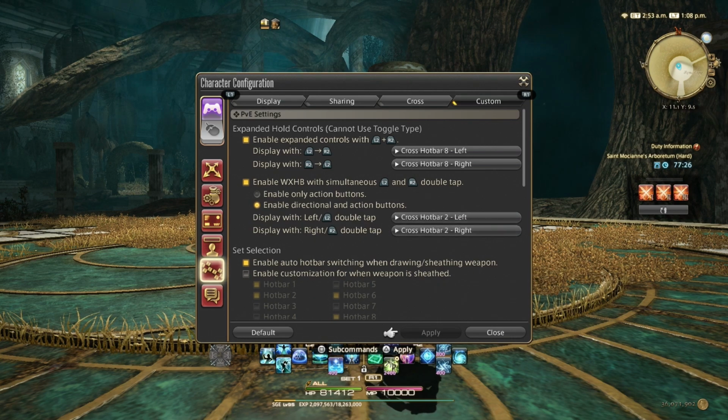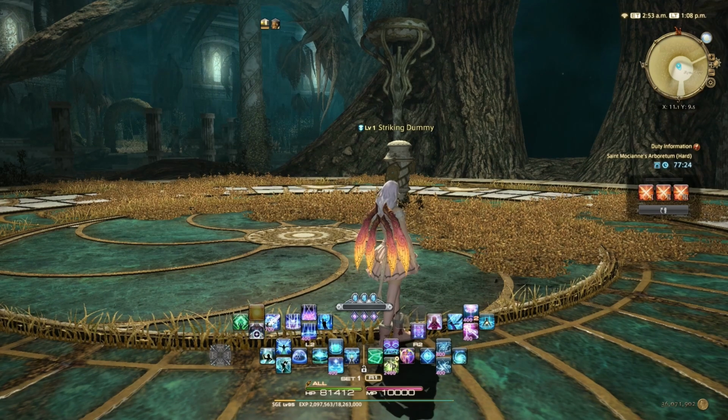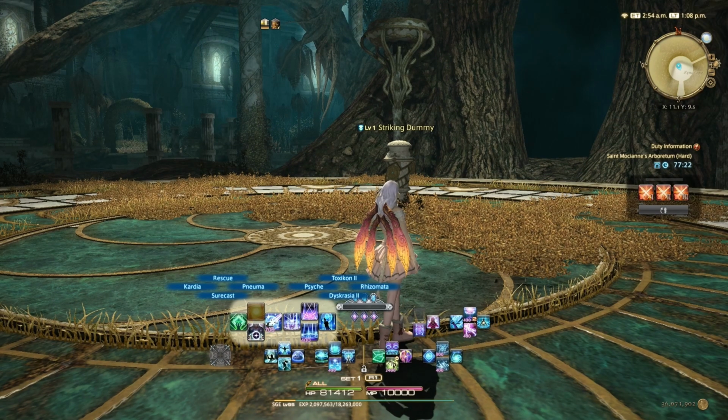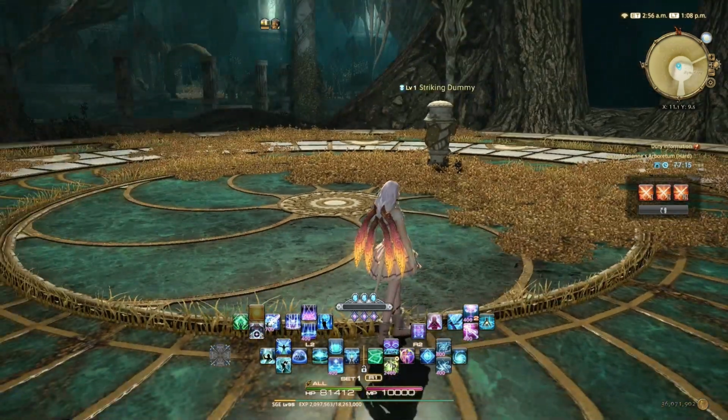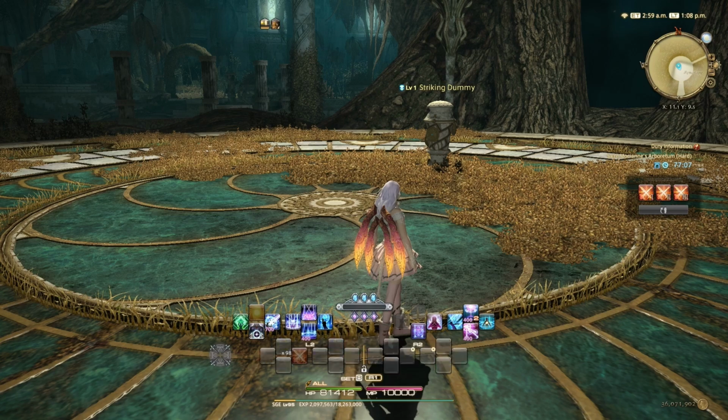What this means essentially is that I can double tap L2 to bring up this hotbar 2 left side, or double tap R2 to bring up this hotbar on the right side. I find this very useful. I find this much more useful than switching between hotbars in the middle of combat. I've watched some videos of people where they're switching all the time between their hotbars in the middle of the combat, and I find it quite difficult to focus on that at the same time as